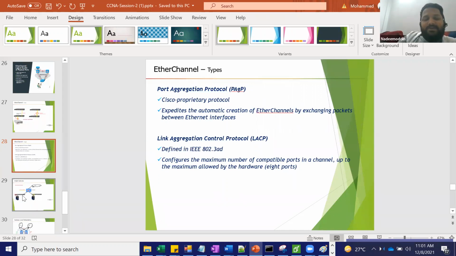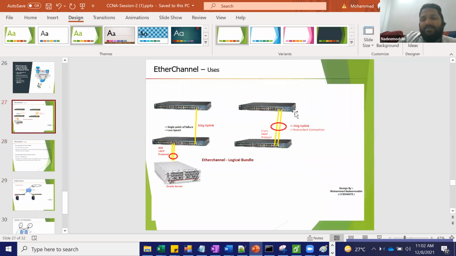So if you want to make a bundle, EtherChannel can be bundled from switch to switch or switch to server. Remember this point. LACP is used when you are bundling from a switch to a server. Now you will ask the question, can a server have two LAN cards? Yes. Some advanced servers will have two NIC cards, so you can use both NIC cards and make a bundle. From the server end, it is called teaming. Teaming means they are merging two interfaces into one logical interface. In switch language, it is called EtherChannel. We are logically aggregating these interfaces.